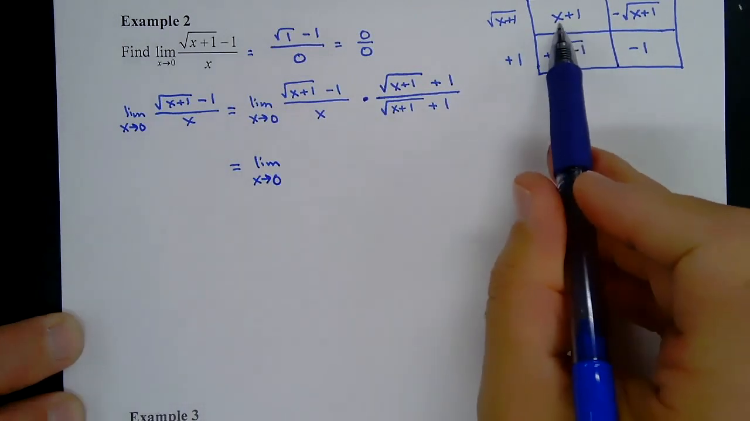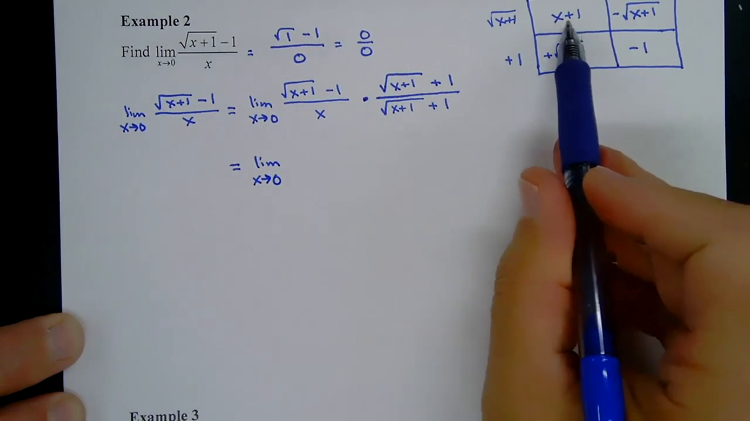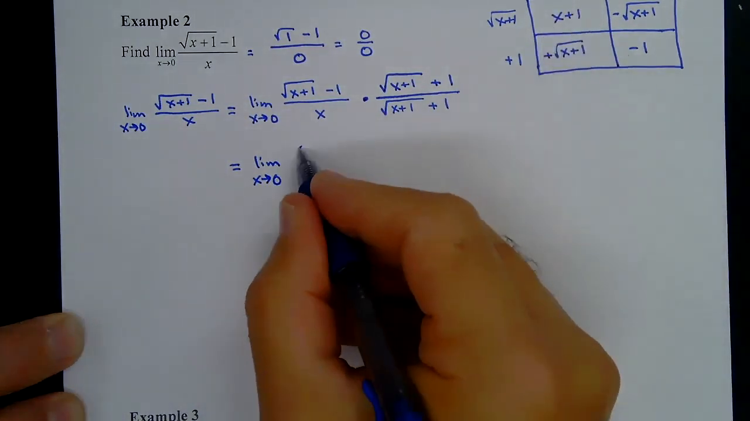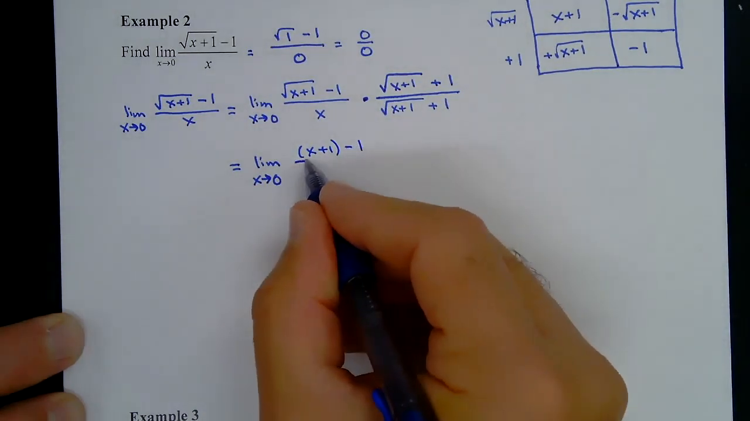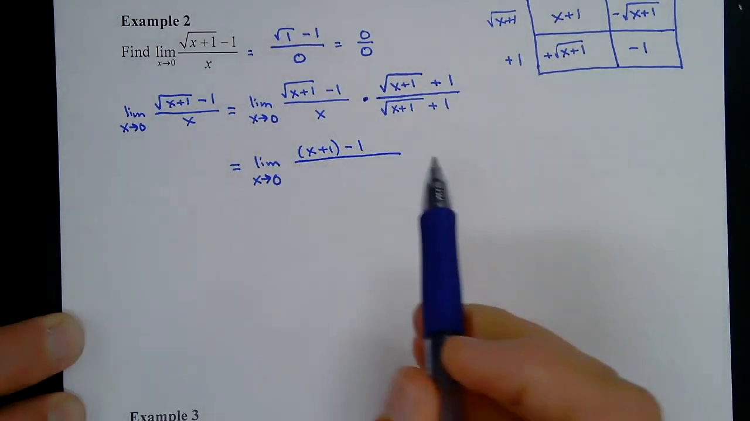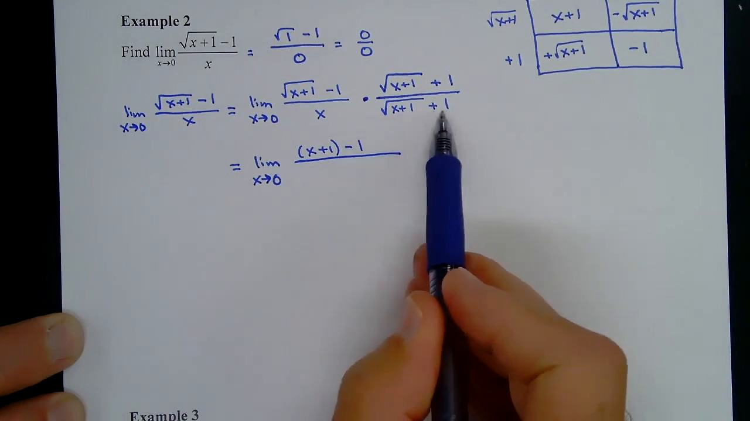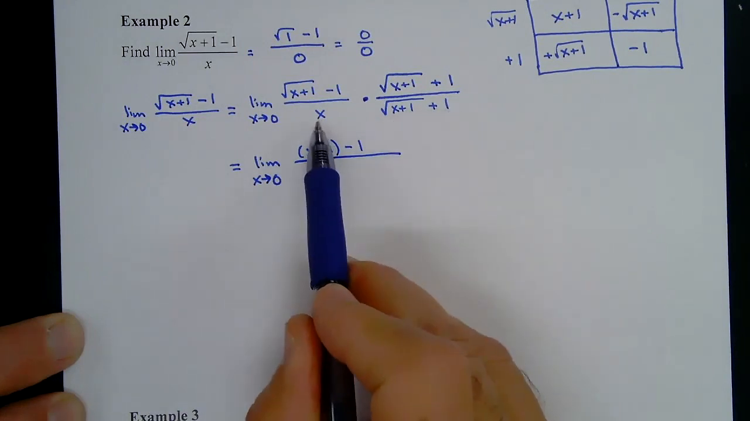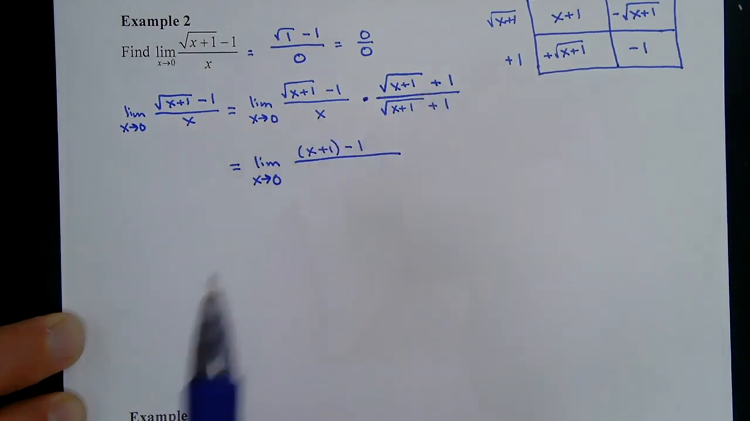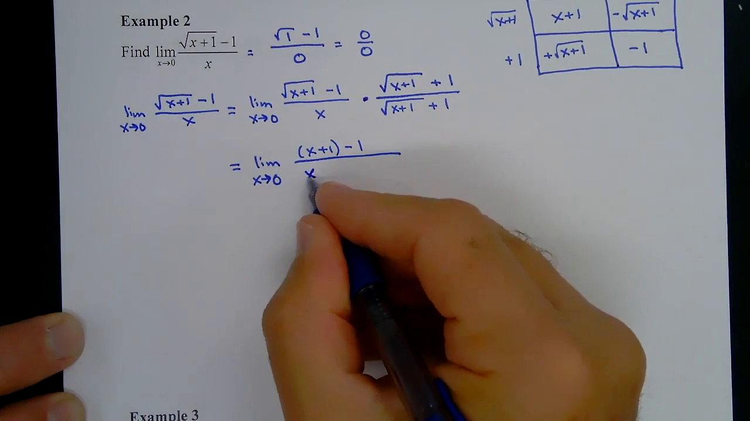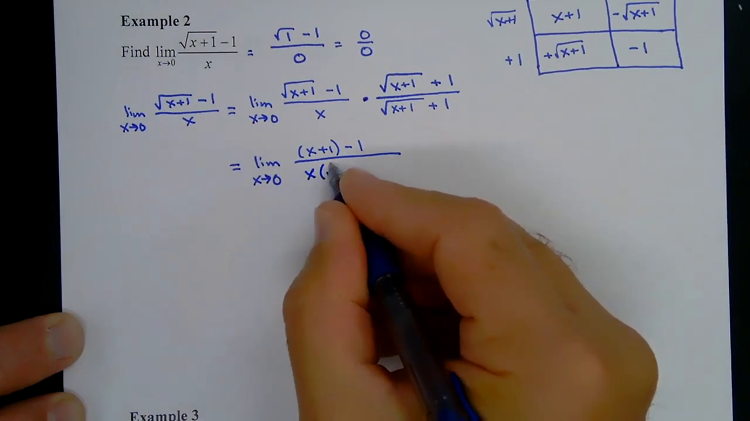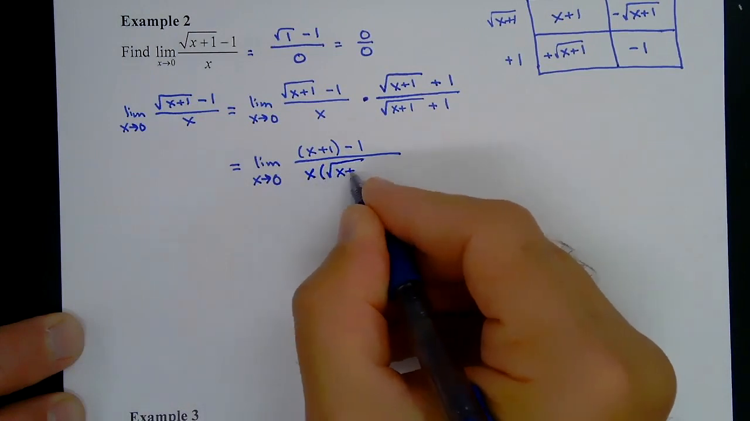And what we have is x plus 1, minus the 1, over, okay, so now the denominator is a sum of two terms, and this is being multiplied by x. So we need to show this. I don't want you to actually multiply it out because you actually can't. I want you to write x times the square root of x plus 1,